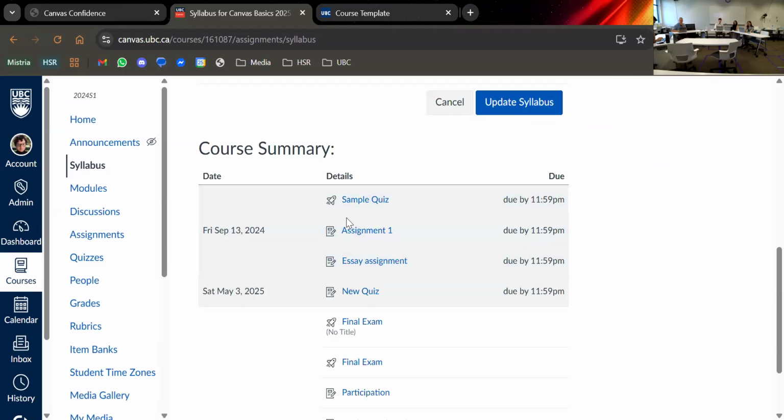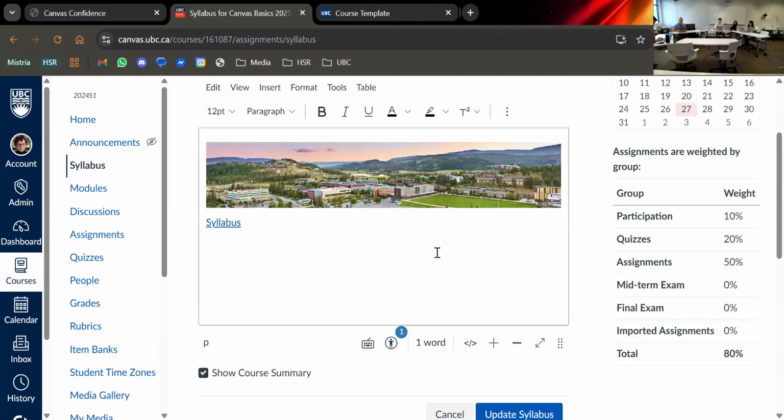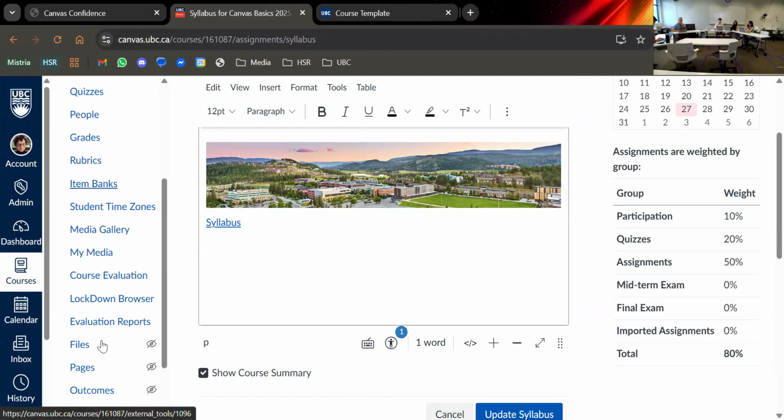But otherwise, it just shows a course summary for students on this page with a list of due dates, upcoming assignments and events. So it's a pretty simple page, but students know where to find the syllabus, so I recommend putting it there. And the last thing I want to talk about, that I realized I didn't add in my subtopics, but it's good to go over here,